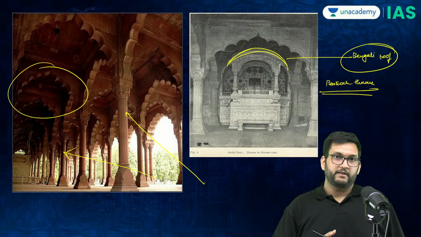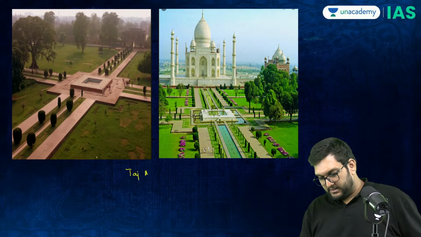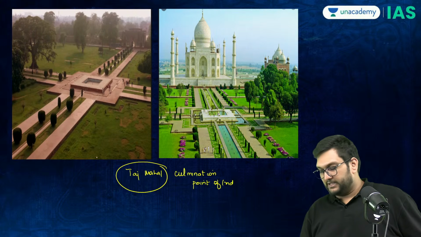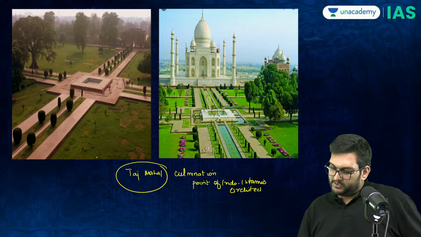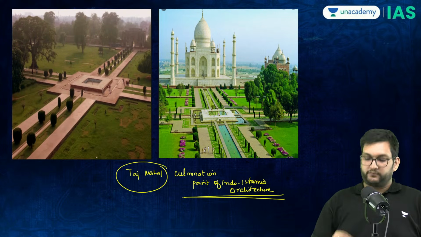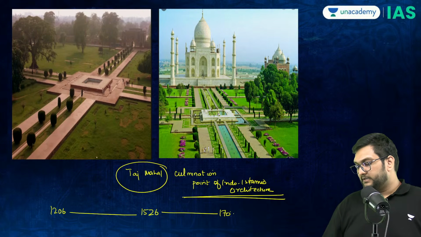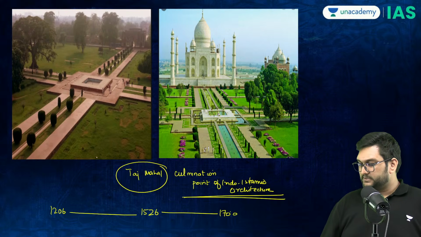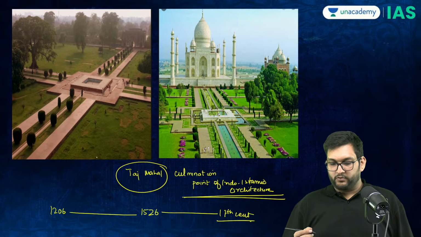Very beautiful structure. But the culmination point, and remember this, is why Taj Mahal is Taj Mahal: it is the culmination point of Indo-Islamic architecture. It is a wonder of the world because no other building in this world has all the elements which we see from 1206 to 1526 to 1700, though it was constructed in the 1600s, the 17th century. So it is a culmination point. Now, how is it a culmination point? Because if you look at the Taj Mahal,